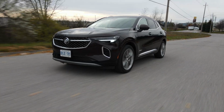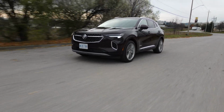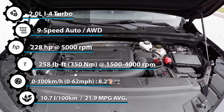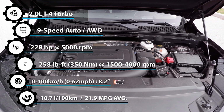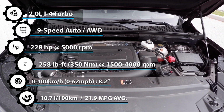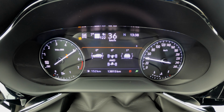audience. This SUV is upmarket, but in an old-fashioned way. It doesn't flash tech in your face to win you over. It's simple, classy, and most importantly, comfortable. Under the hood, it has a nice 2.0-liter turbocharged 4-cylinder engine that makes 228 horsepower and 258 pound-feet of torque. It has made it to a smooth 9-speed automatic transmission, and 0 to 100 kilometers an hour comes in 8.2